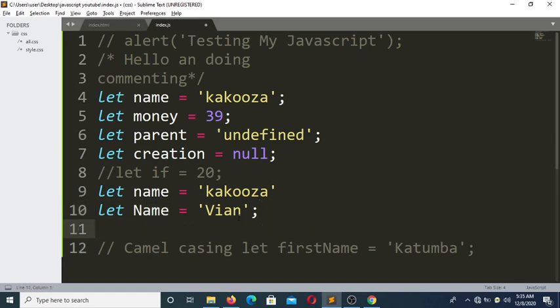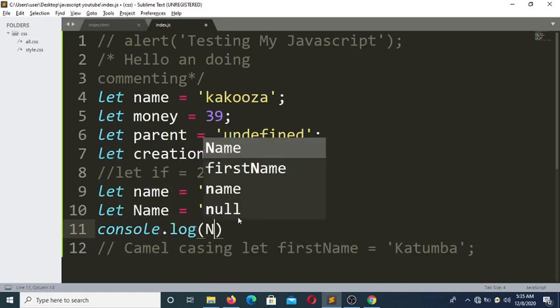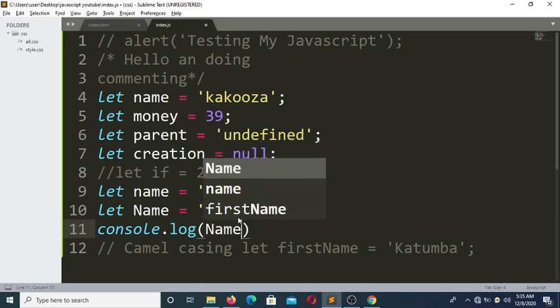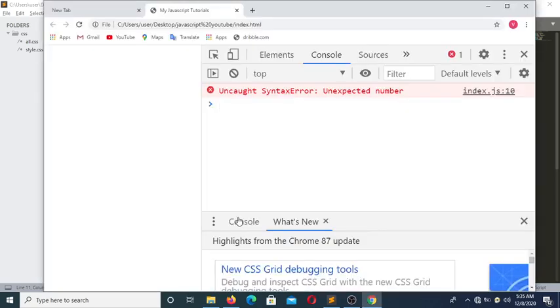So if I say console.log name to return the second one, so we can